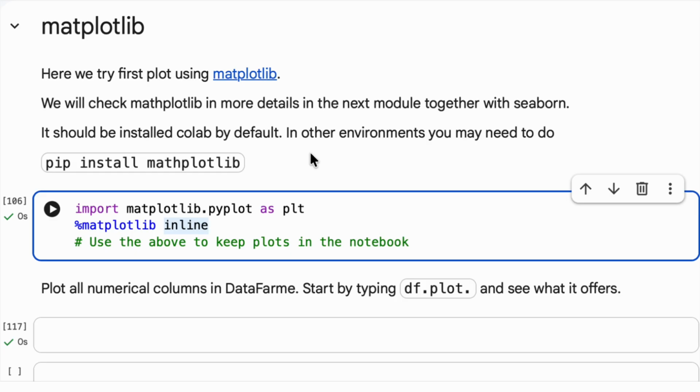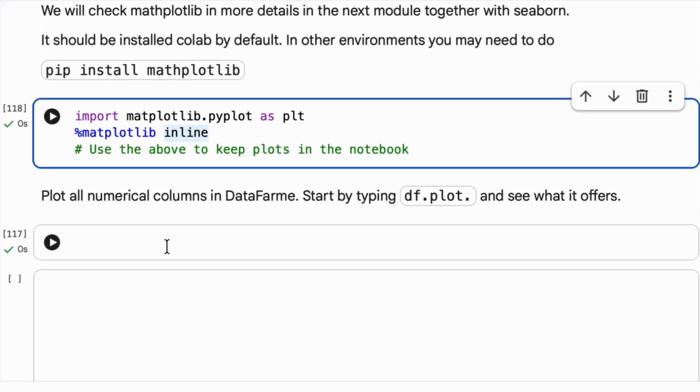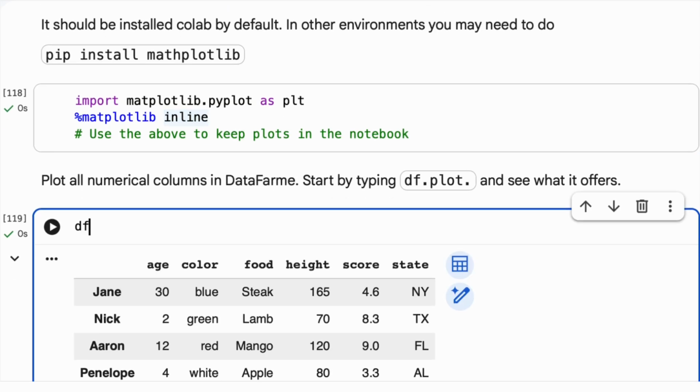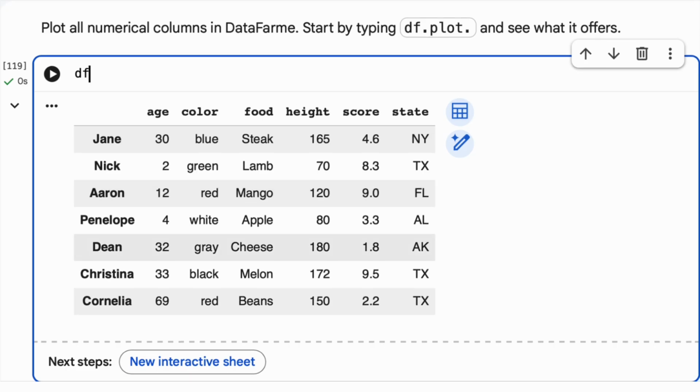If you don't have matplotlib, you need to install it, but we will expect it's installed on Google Colab. Importing is import matplotlib.pyplot as plt, and this helps to have the output of matplotlib embedded in the workbook. Right, now it loaded. I will check if the data frame is still there. The data frame is still there,